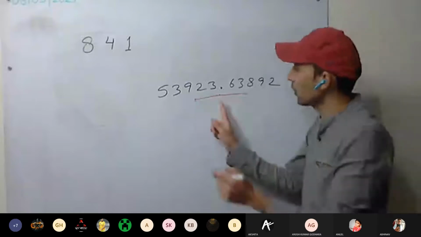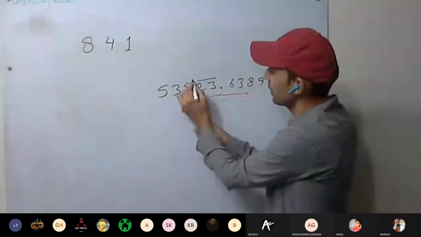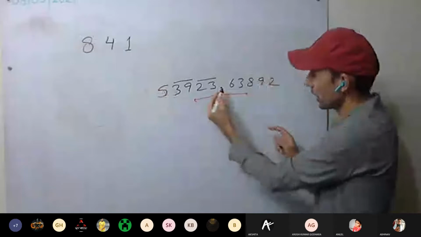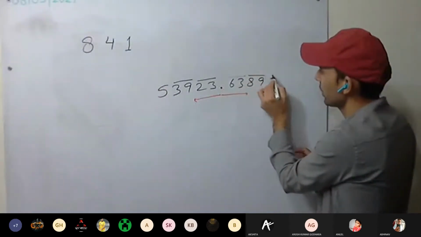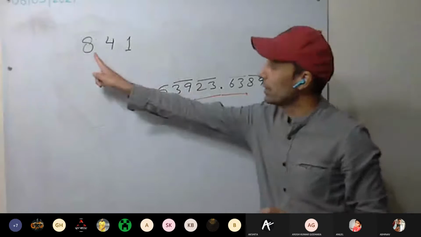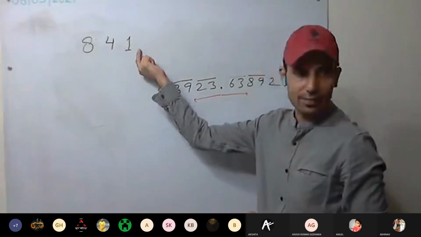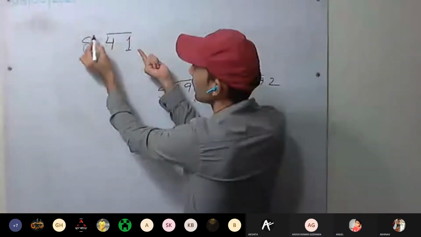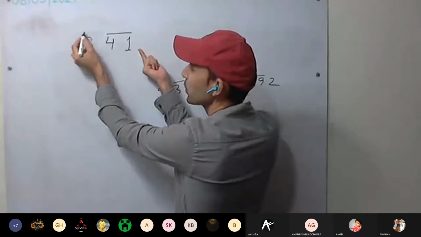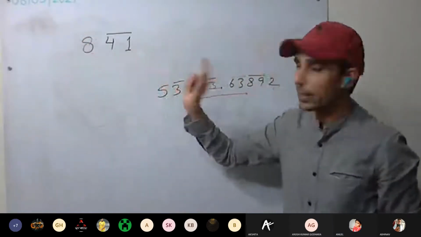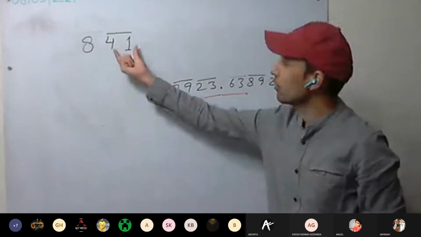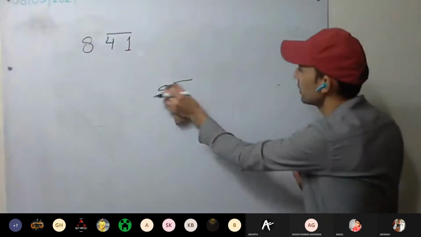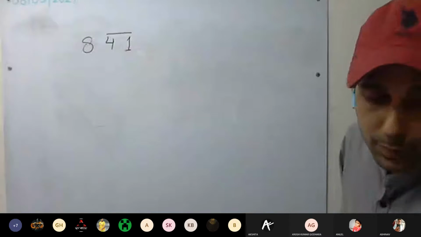Now, starting from the decimal point going left, one pair, second pair, and one digit remains single with no pair. Going to the right side, one pair, other pair, single. Understood? So where is the decimal point here? Here, yes sir. We start the pairs from there. This will be single, and either we put the bar or not. This will be our pair, so wherever we take it, the 41 will go together everywhere. This is clear? First of all, we should make the pairs.